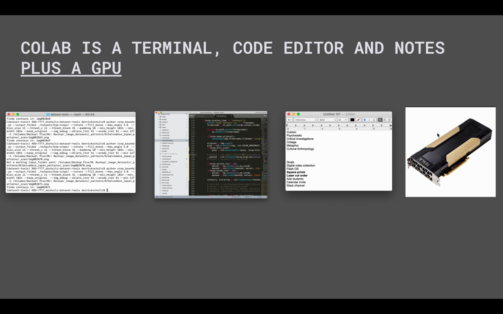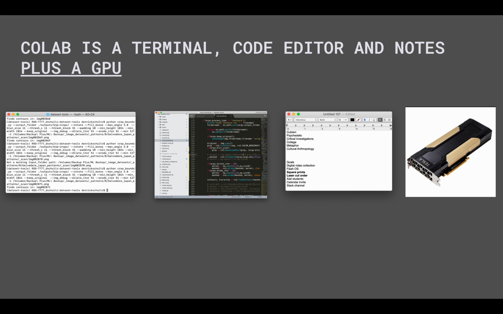And the last thing is, it gives us a GPU. With machine learning tools, GPUs are almost a must. That's because the way that machine learning works is it breaks stuff up into very, very little bits and pieces. And it turns out that a GPU, which you might use more for gaming or high visual rendering, like architecture or video, works really well to process all that little data.